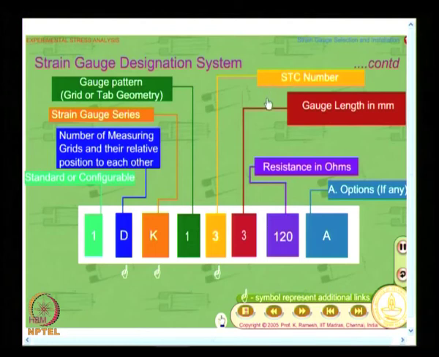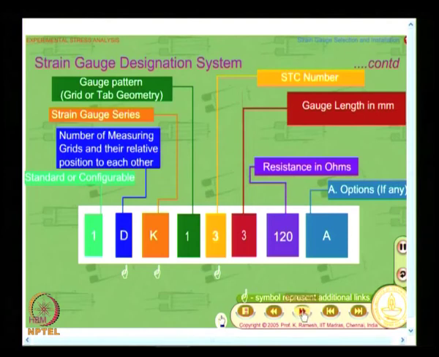Then by looking at the designation, you can also look at the gauge length, and he gives you in SI units. This gauge length is given in millimeters, and in both the designation systems you have a resistance in ohms. So, by looking at the designation, you will know what is the gauge length, what is the resistance, what is the specimen material it is meant for directly. The other ones are manufacturer dependent very closely, because you need to select the grid pattern, and then you will have to look at what kind of backing and alloys, these are different.